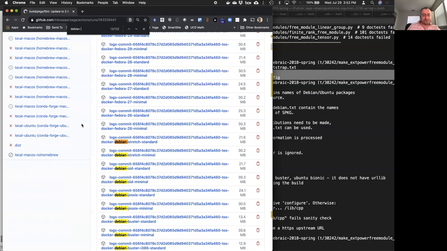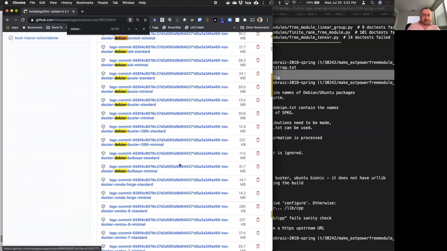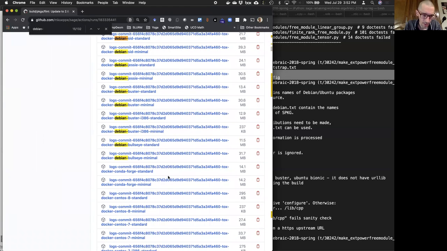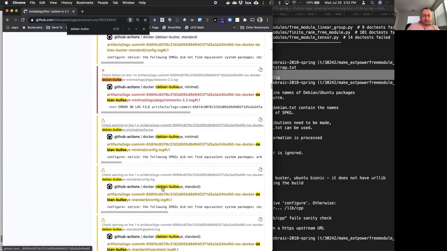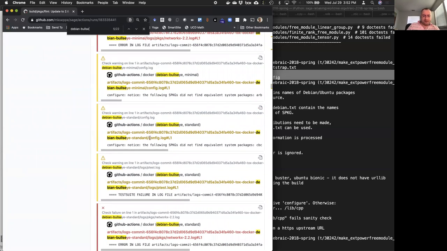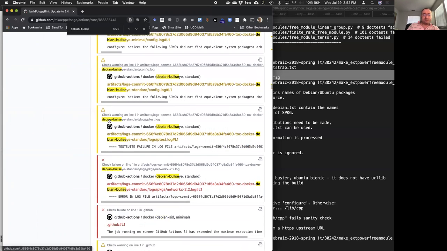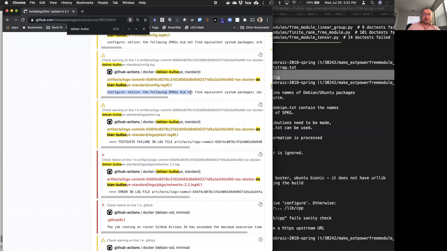Debian bullseye, I guess. Yes, bullseye standard. Debian bullseye standard. And so you see here there are some of these messages that correspond to the bullseye standard that are repeated here. So there's the configure notice about not finding equivalent system packages. That's repeated here. So basically on a quick look, we can see that this looks reasonable, that there was